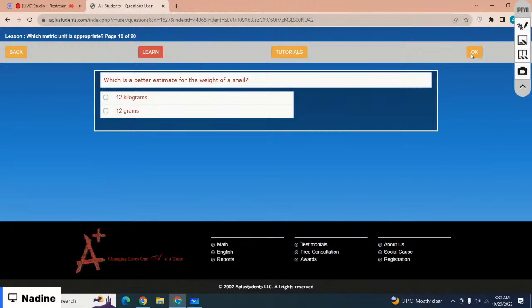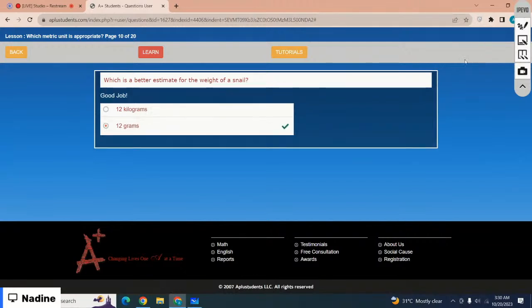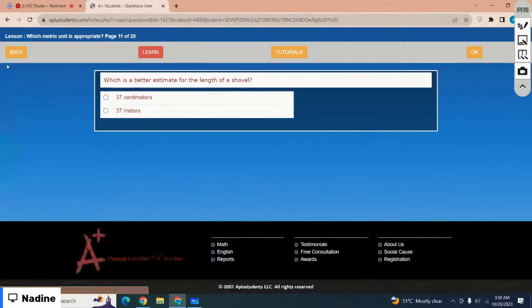The weight of the snail is 12 grams. 12 kilograms is too much for the snail, right? Okay, you can complete the lesson by yourself later today. Let me just move on to the next lesson. And the next lesson is,